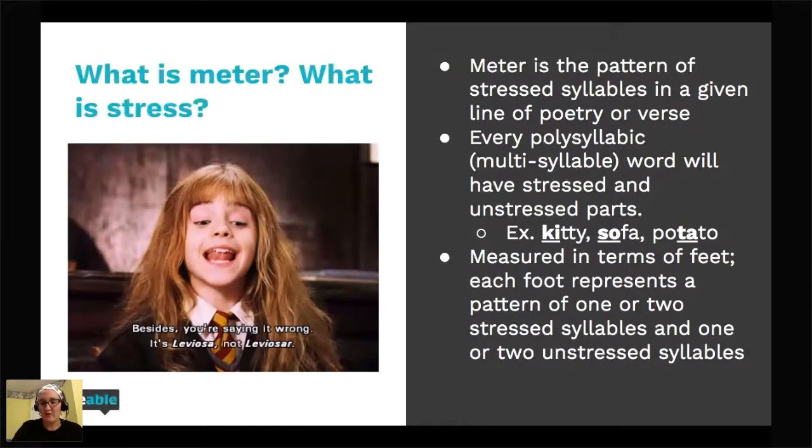Same thing with sofa. When you're saying sofa in English, you put the emphasis on the so. If you speak Spanish, it's sofa, and you put the emphasis on the last syllable. I sound like a weirdo too. We all sound like weirdos; weirdos are the coolest people. So depending on your language, you can change where the stress is. But in English, when you say sofa, the emphasis is on the so.